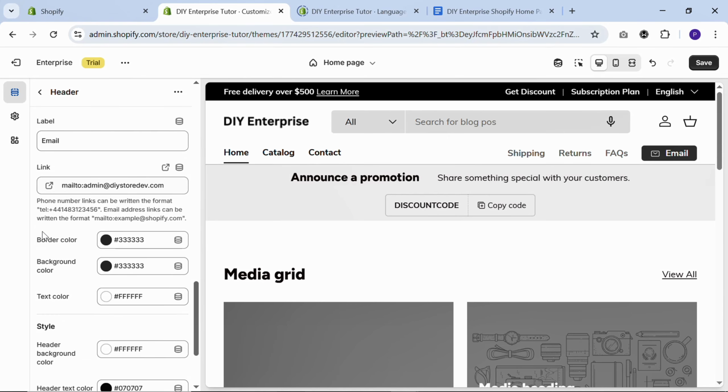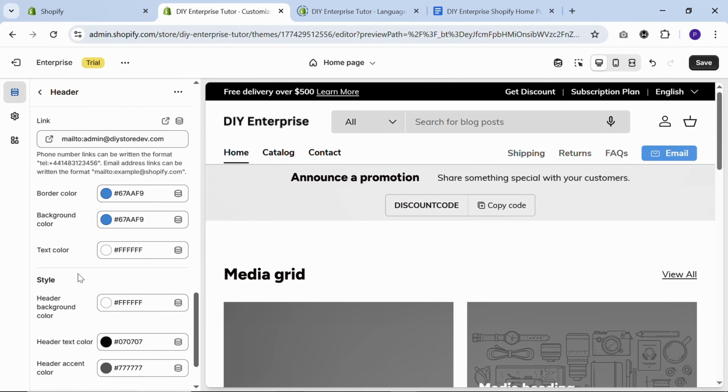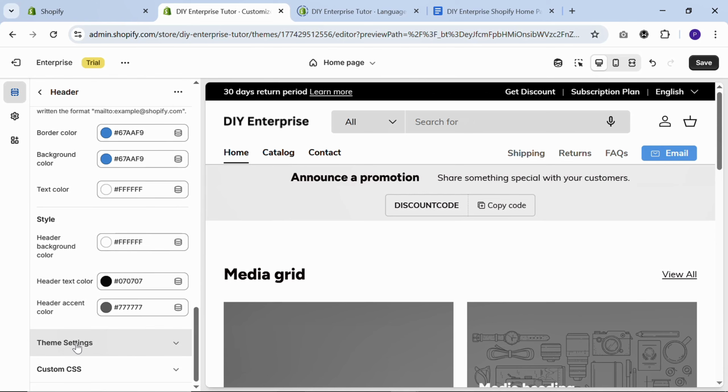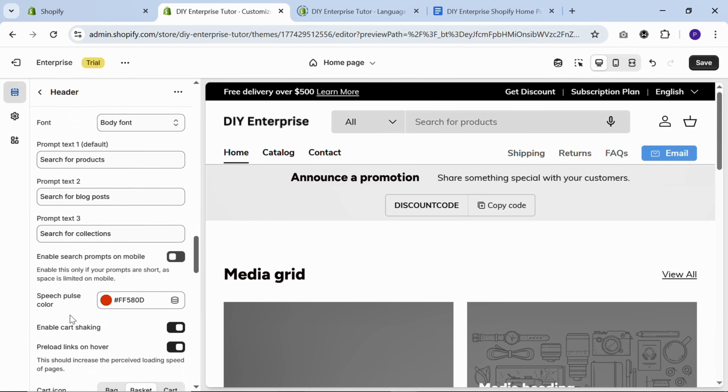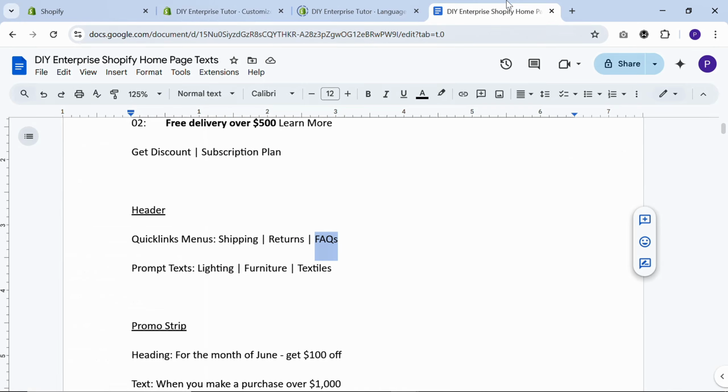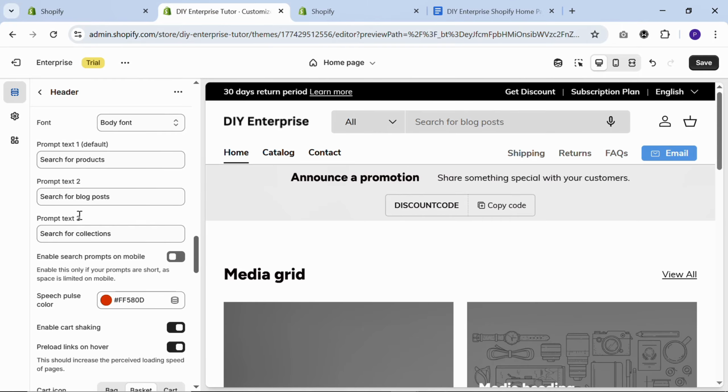I want to change the border and background color of this button to something like blue. That's very good. I will scroll down to the theme settings and click on it. I'm going to leave everything as default except for the prompt text. I will go to our text, copy the first prompt text, lighting, and then come back to our storefront and